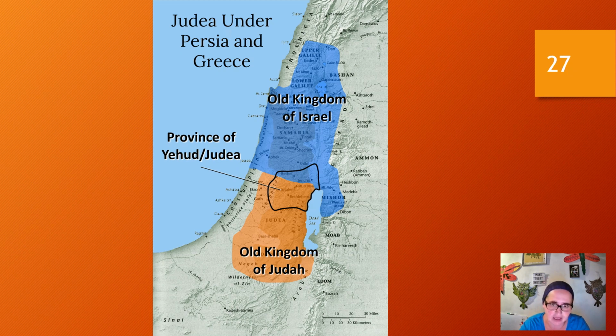And we get the dissolution of the united monarchy into the tribes of Israel, which are 10 tribes, and the kingdom of Judah, which are 2 tribes, Judah and the Levites. And Judea keeps Jerusalem, and Israel now sets up a capital in Samaria.